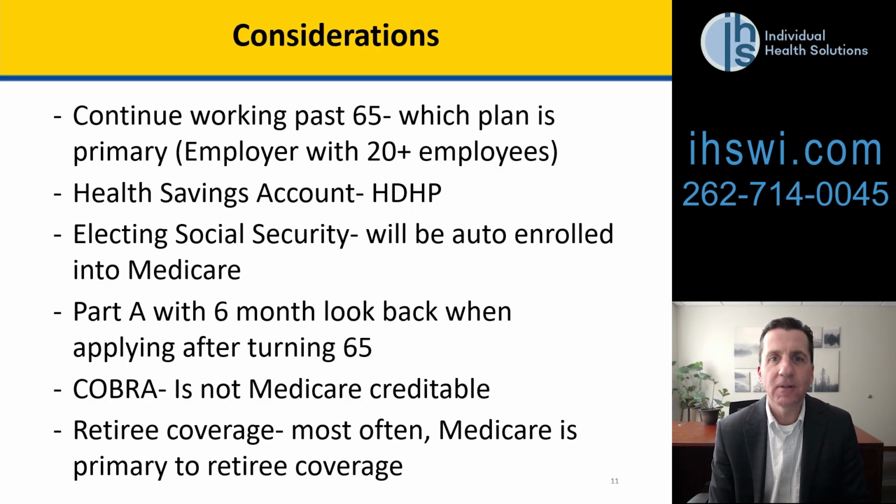And then finally, these are considerations that we review with our clients when someone approaches 65, and the questions that come up over should they sign up for Medicare or should they elect to remain under their employer plan. And so the first thing is, if someone is working past 65 and they have access to an employer-sponsored plan, is the employer plan primary? So under Medicare guidelines, if the employer has at least 20 employees in the organization, and that's not 20 necessarily that's enrolled in the health plan, but just 20 overall employees, and that can be a combination of full-time and part-time, then that plan would be considered primary, and the individual could elect to remain on that health plan and use that as their primary coverage.